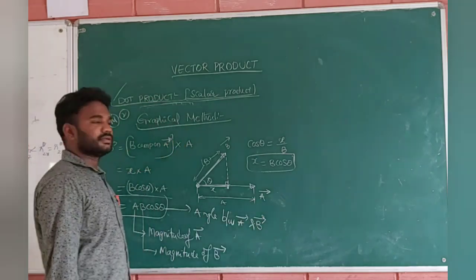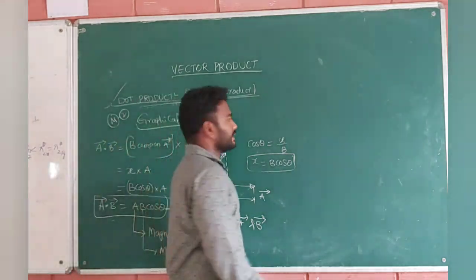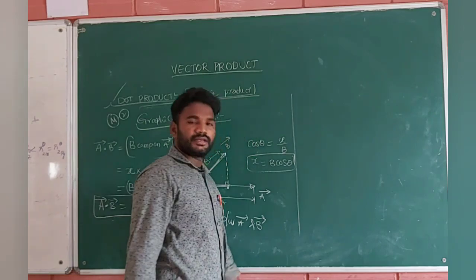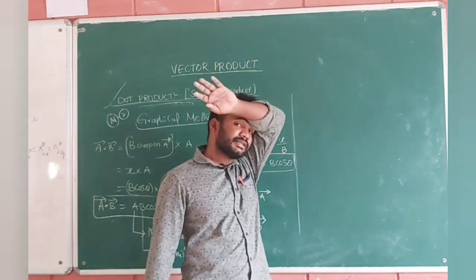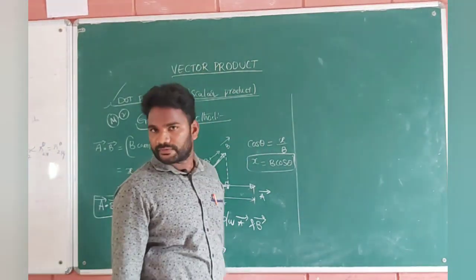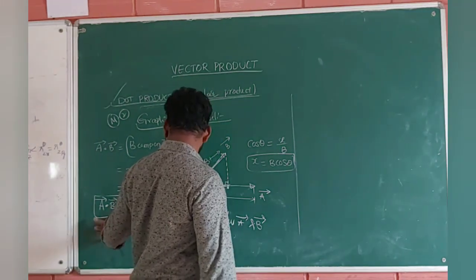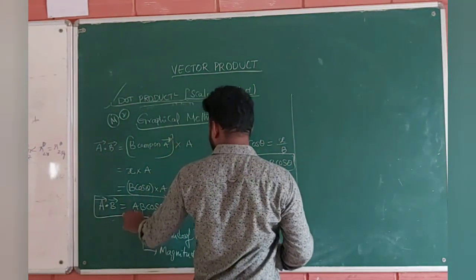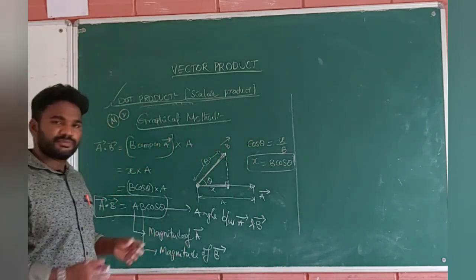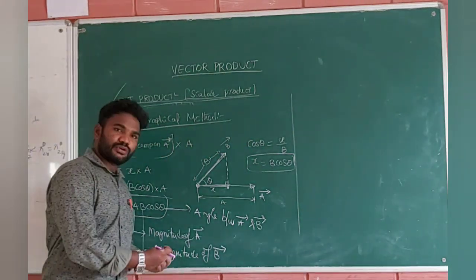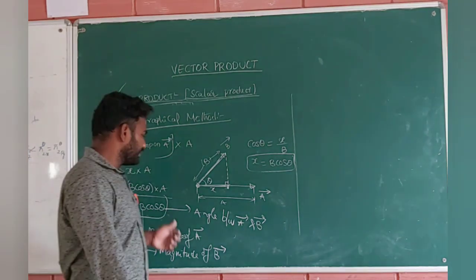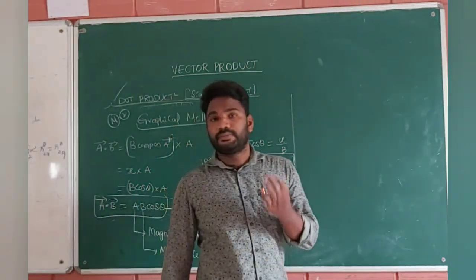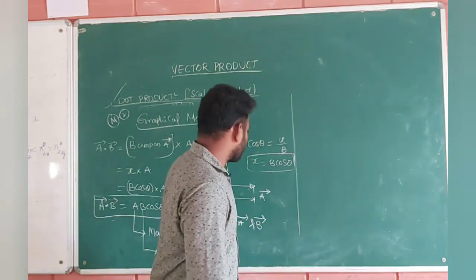That's it, students. Very simple understanding here. There are two methods we have for finding dot product. One is the direct method, the mathematical understanding, directly we can find the dot product. The second method is the graphical method, ab cos theta. In ab cos theta, a is the magnitude of a bar, magnitude means length of a bar, b means magnitude of b bar, that is length of b bar. Theta is the angle between a bar and b bar. This is how we are doing dot product here.